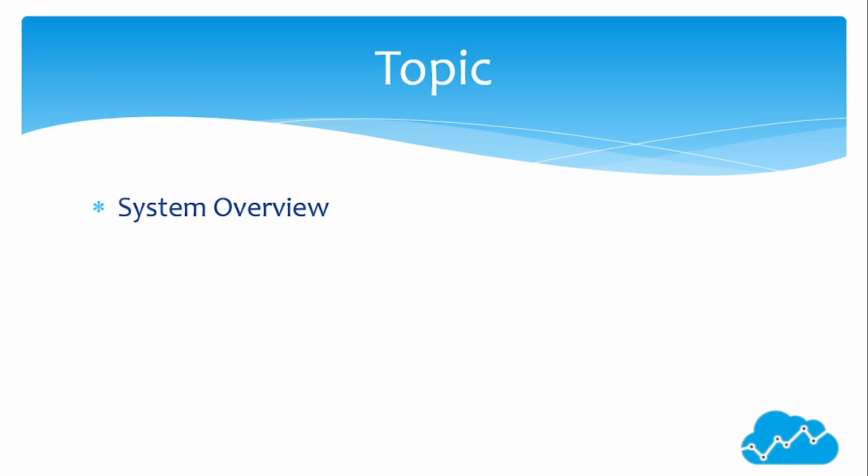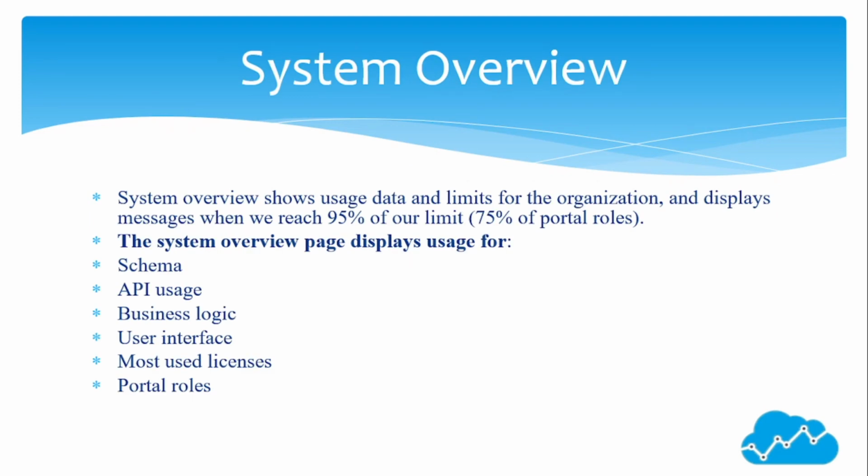Topic what we are going to cover in this session, that is system overview. System overview shows usage data and limits for the organization and displays a message when we reach 95% of our limit, 75% of portal roles. The system overview page displays usage for schema, API usage, business logic, user interface, most used licenses, portal roles,